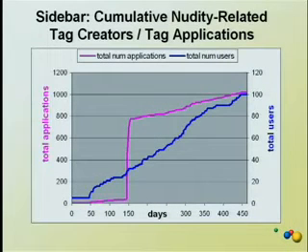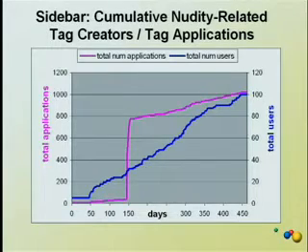And this is to look at the evolution of nudity tags in MovieLens. So MovieLens doesn't have any adult movies, first of all, just to preserve MovieLens's integrity. So here's a graph. It shows the number of times nudity tags were applied on the left, and the number of users who applied them on the right. And the x-axis is the number of days since the first nudity tag was introduced. So these are all the tags that have the word nudity or nude in them. And I'm just going to tell the story about how this vocabulary evolved.